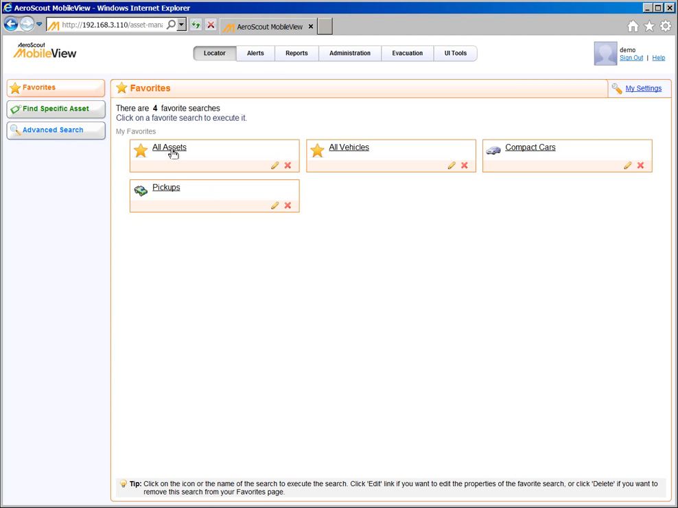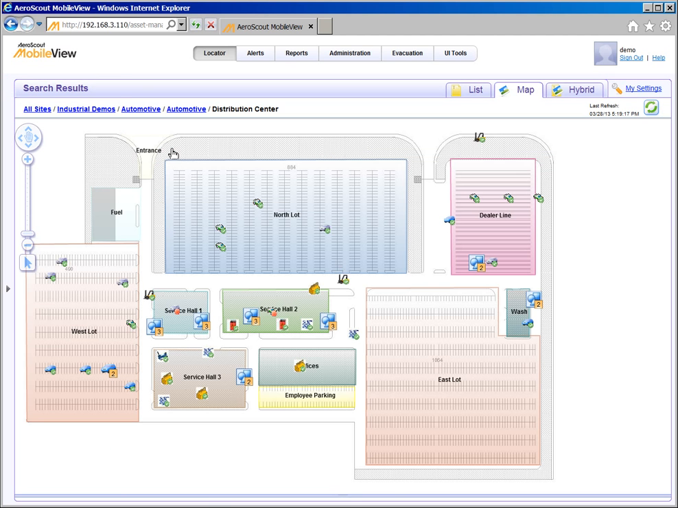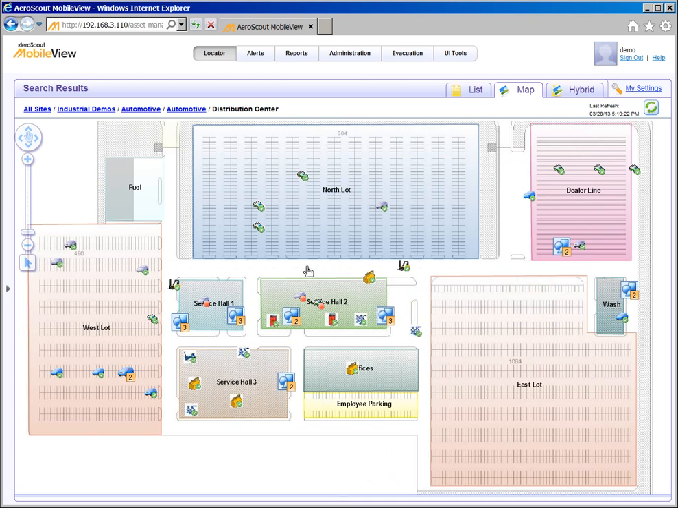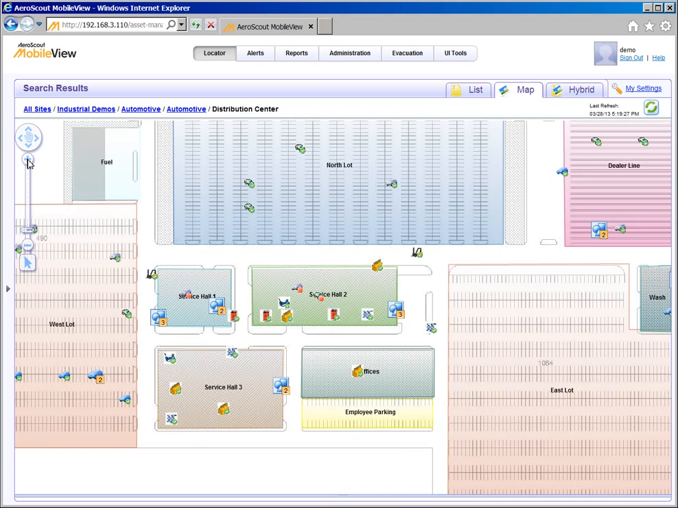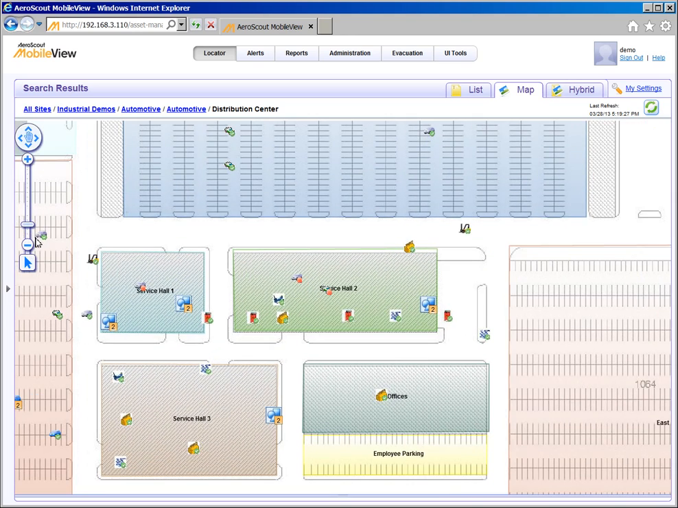After clicking on the All Assets favorite, we see a map with all of the assets. We can zoom into or out of the map using the mouse scroll or the scroll bar on the screen. Notice that each asset is represented by an icon. Each category of assets can use a system-provided or a custom icon. The icon also displays a small icon